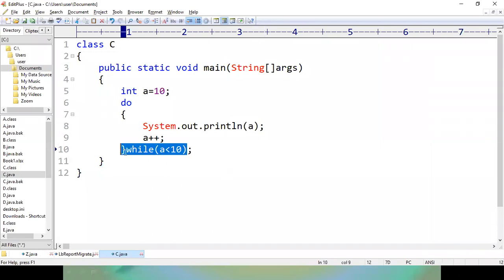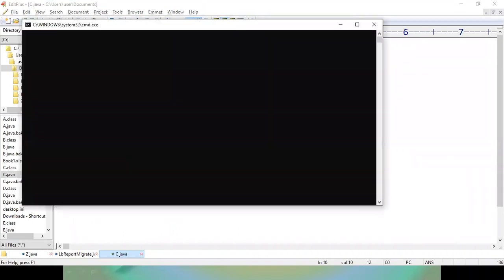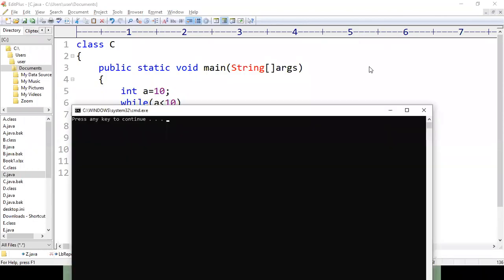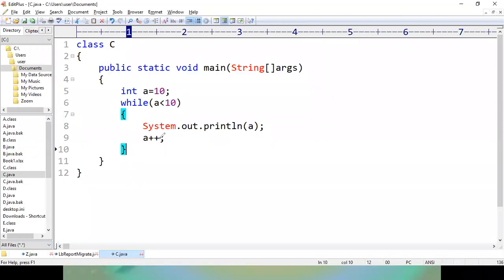So let us see what will happen if we maintain a while loop here. In case we maintain a while loop here, we don't get any output of this code, because the condition failed. Because this condition failed, it will never enter into the block.